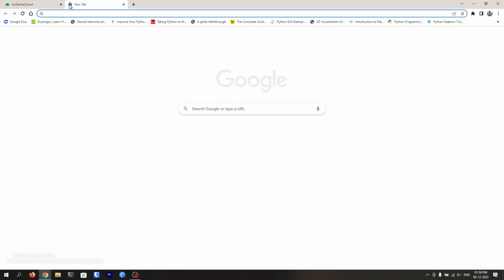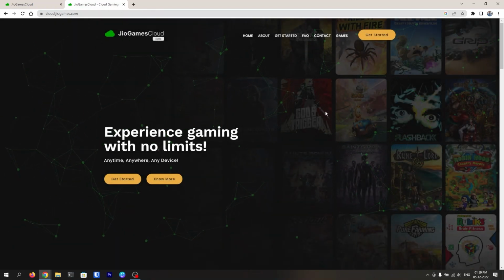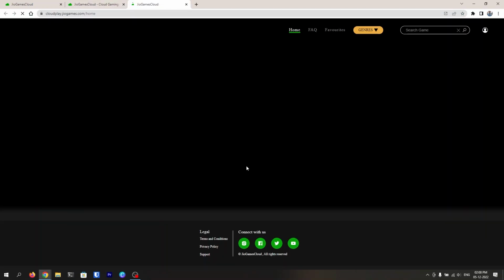So basically, you search Jio Games Cloud, right? Click on the first link, cloud.jiogames.com. This is what I have over here. Once you click on this page, it will ask you to get started. The moment you click on this button, you will be greeted with this area where it says you can either play on a smartphone, a web app, or you can also have it on a Jio set-top box, which is kind of cool actually. So the moment you click on play now, you will be greeted with a screen